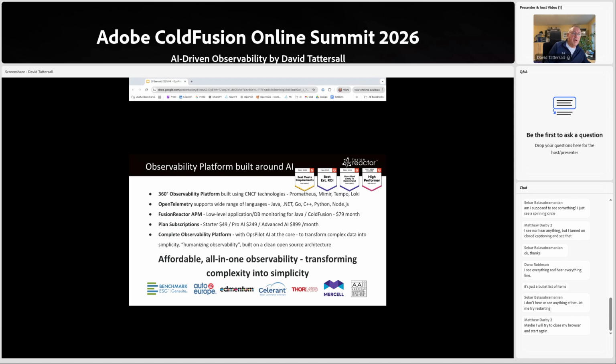FusionReactor Cloud or OpsPilot. You've got the FusionReactor monitor. So this is still the same monitor. We've made quite a few recent additions to it, but it's the same agent, providing very low-level, deep monitoring for your CF applications, also database DB monitoring. So with SQL queries, resource monitoring, so you can see things like CPU utilization, memory, the garbage collector, things like